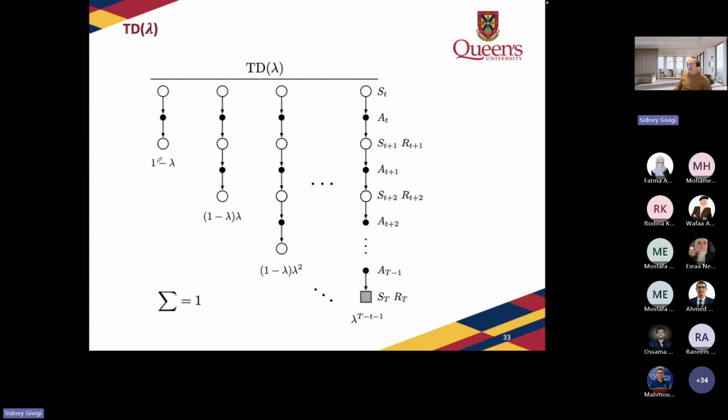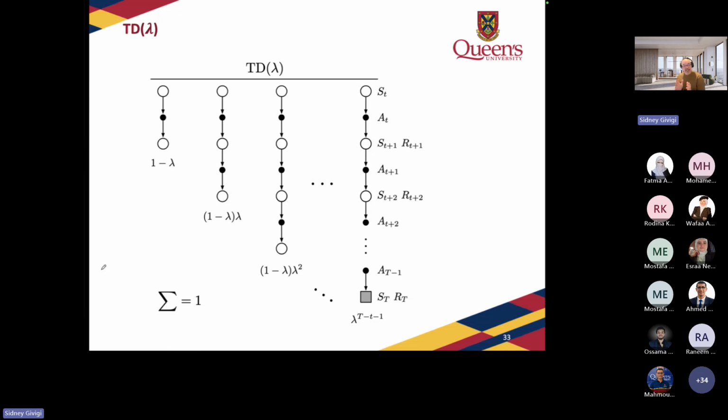Another thing that we went over in a previous lecture is that you can convince yourself that if I add all these numbers here, they are going to add to 1. So if I put 1 minus lambda, plus 1 minus lambda times lambda, plus 1 minus lambda times lambda squared, all the way to the end, it can be this end here, or it can be infinity, it doesn't matter. This is going to be equal to 1. So that's another thing that you have to take into consideration.